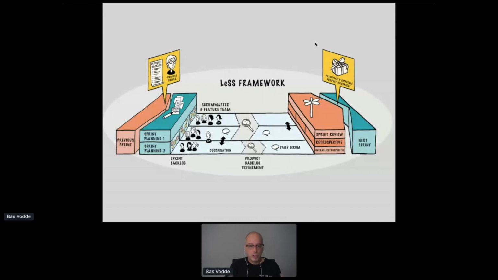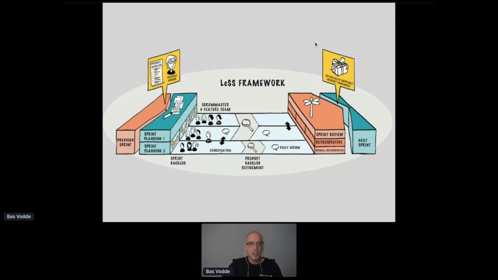Sprint planning 2 is usually done together with all of the teams in one room. It's kind of like an individual event per team, but done together in the same space. All of the teams work within the same one sprint, and at the end of the sprint, there will be only one integrated shippable product. We have one shared sprint review across the teams. However, the retrospective is per team, and then at the end, there's still the only added event in LeSS over Scrum,